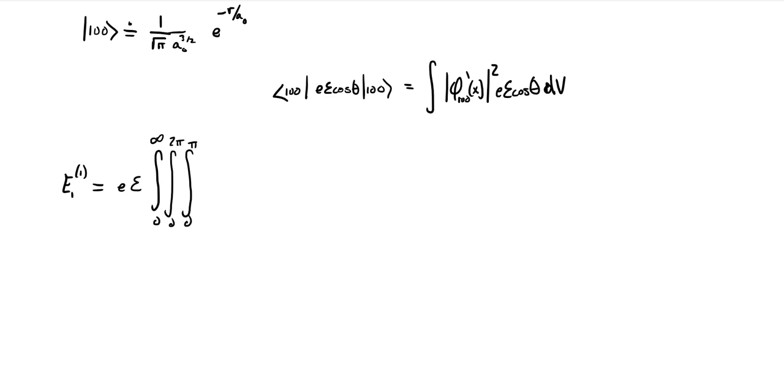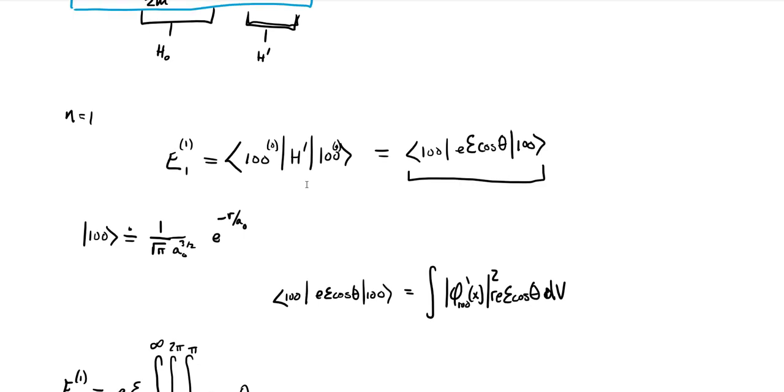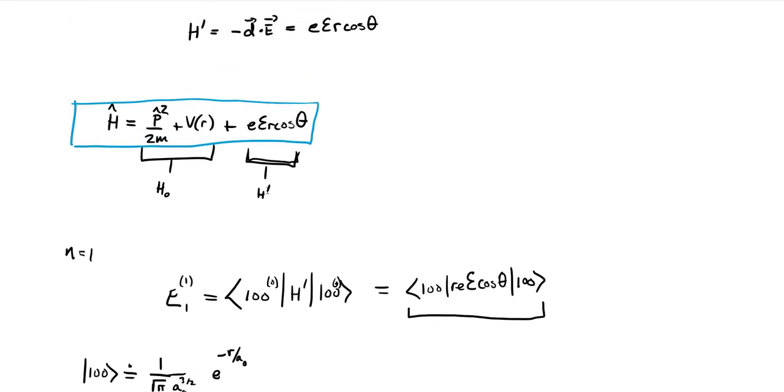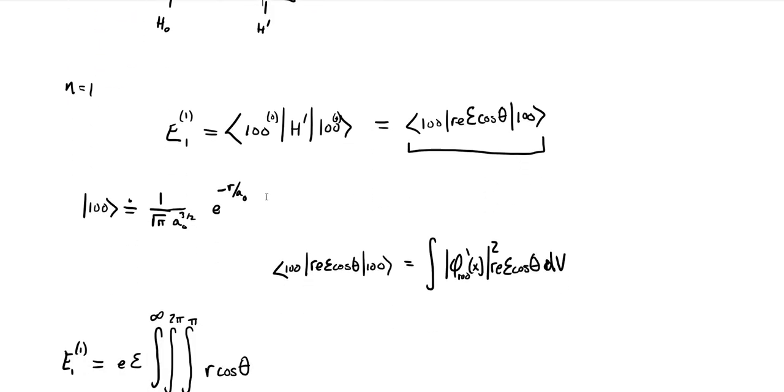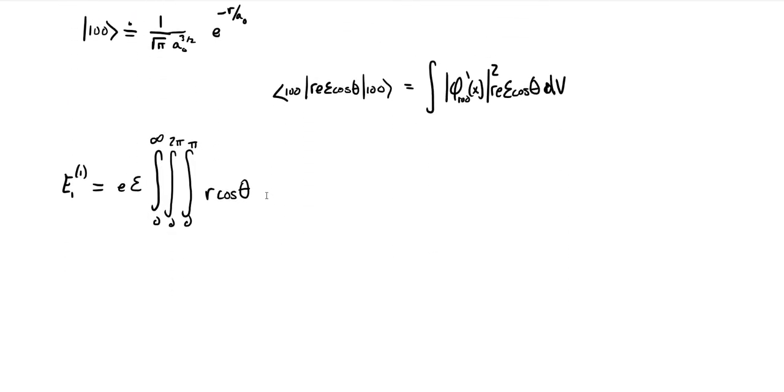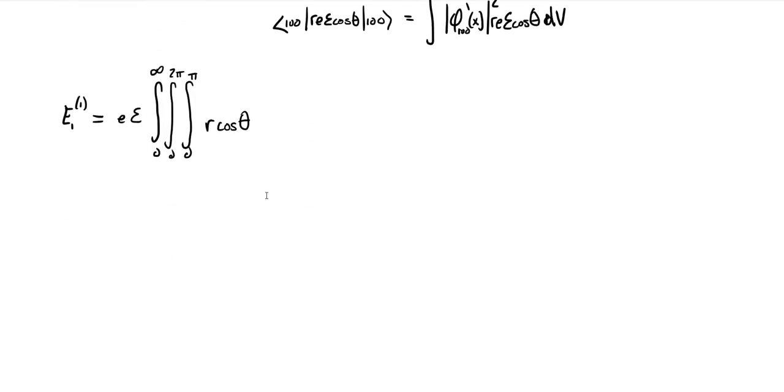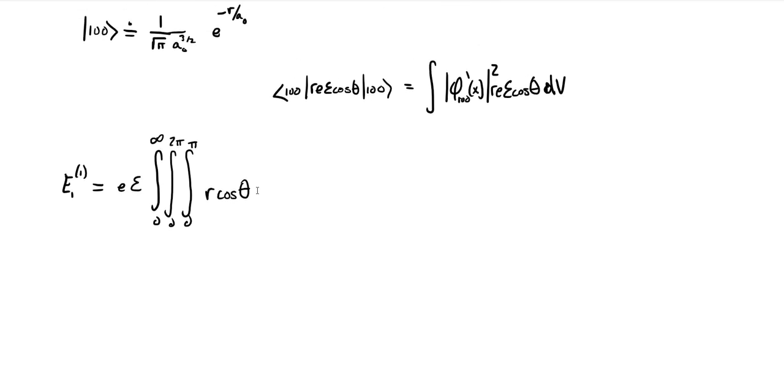We have that r cos theta, and I just realized I have left out an r in all of these little terms here. I forgot to carry it with us. Thankfully I did include it up here when we actually did the dot product, but forgot to copy it down there. Sorry. Anyway, this integral has that r cos theta.